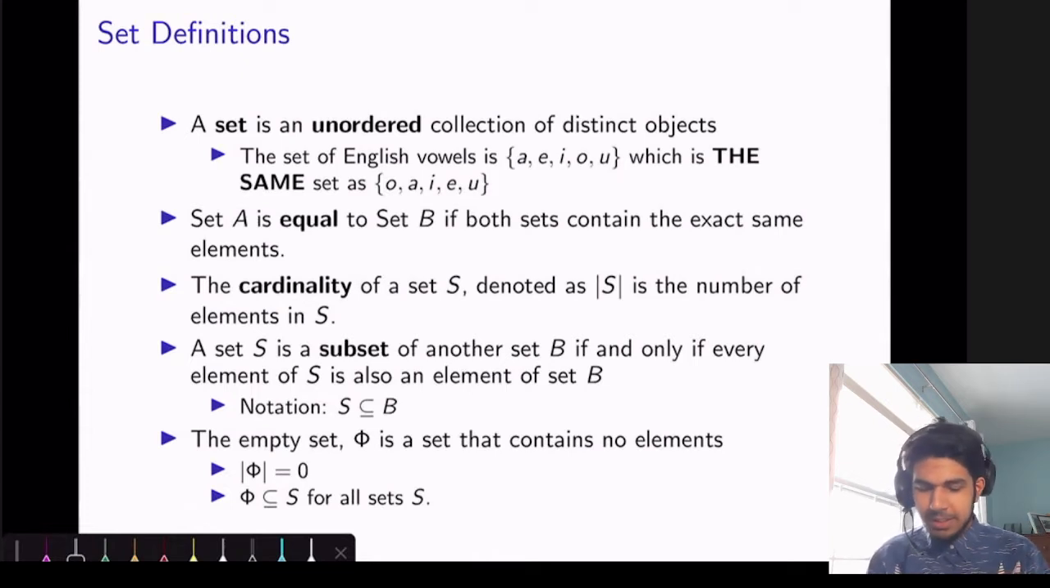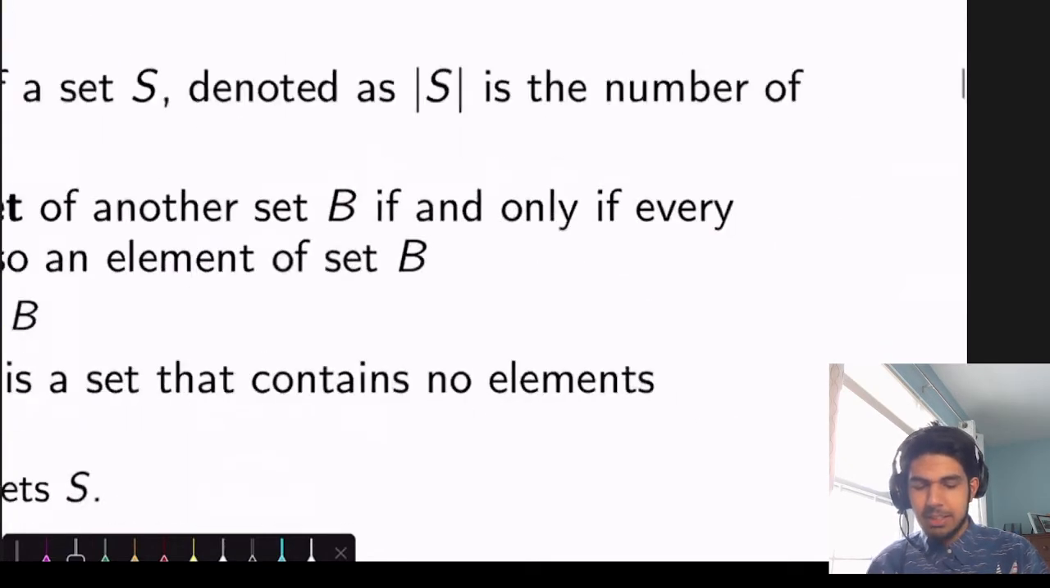Cool. So the next one is super important, subset. We'll see this a lot, so it's important to understand this. A set S is a subset of another set, which we'll call B, if and only if every single element of S is also an element of set B. Our notation for this is S, and then this little symbol here, B. The way I like to think about it is,